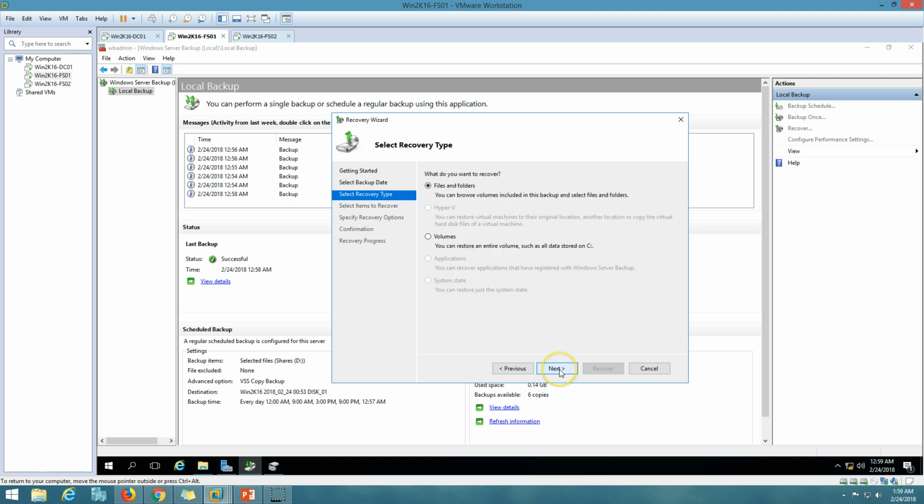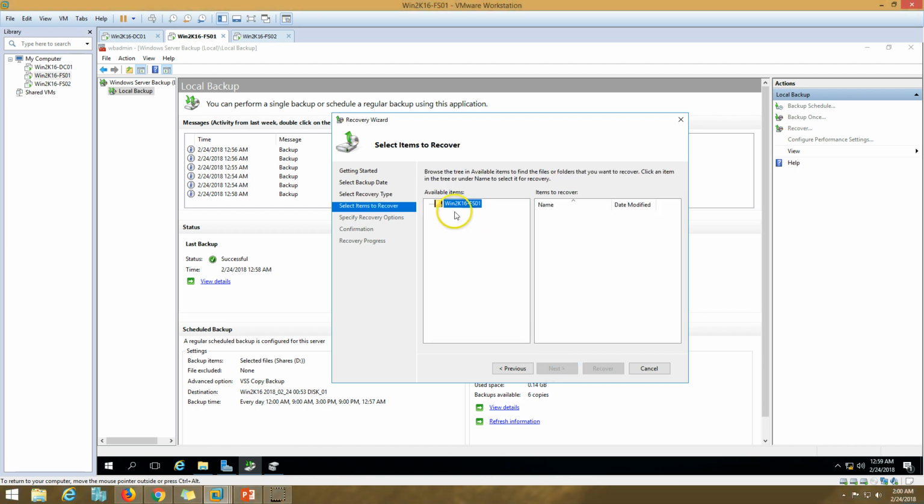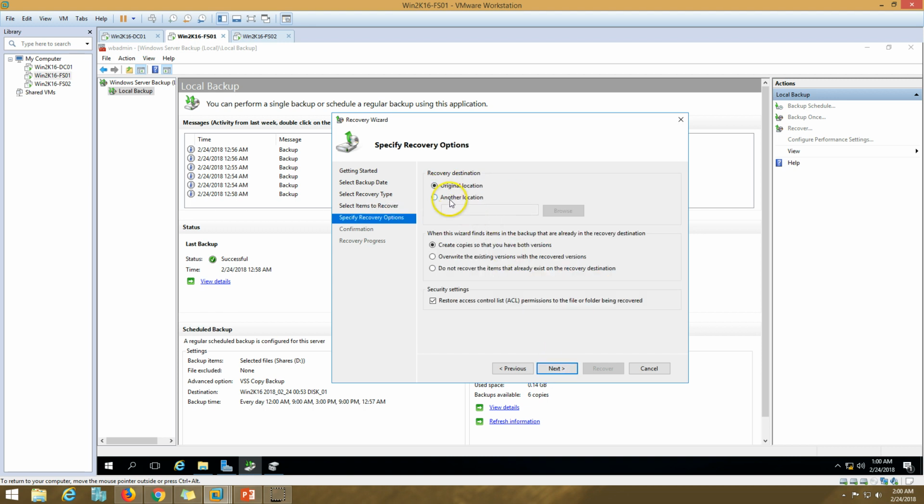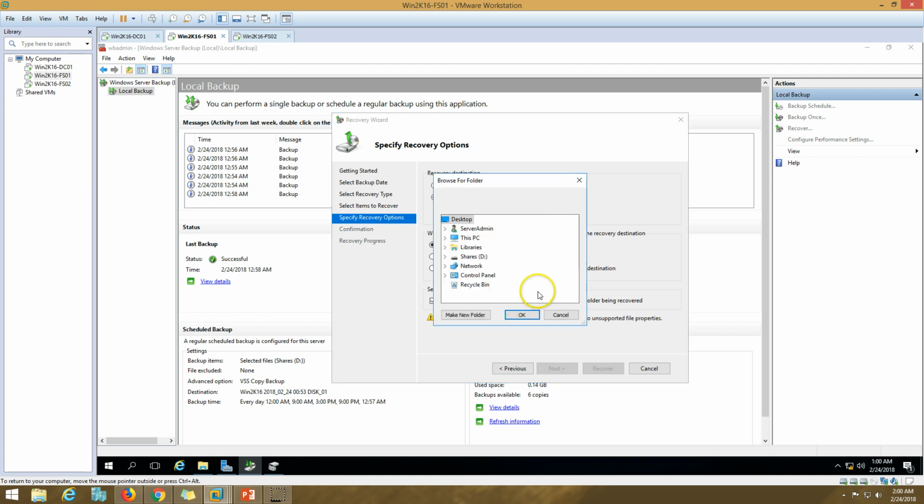So click next, and files and folders, click next. I'm going to select this IT folder and click next, and original location. If you want to restore to any other location, you can go ahead and put the path, like you can put the